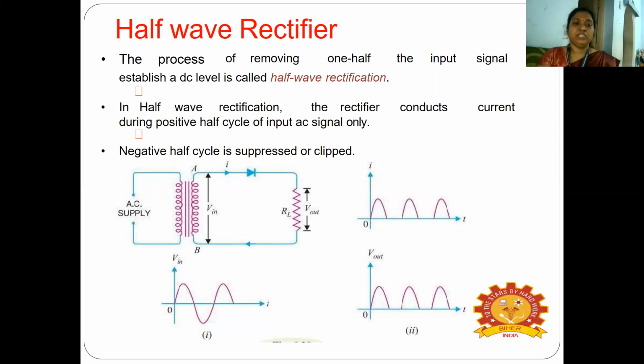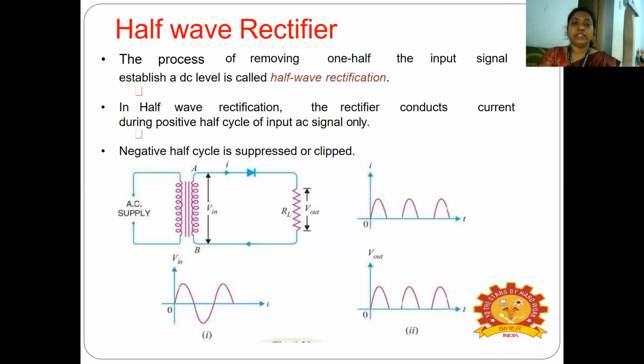So you see the first circuit diagram here. You can see the AC supply, whatever we followed in the previous block diagram; the same thing we repeat, but we are taking in particular only the rectification. We are not going to take care of your filters, regulator, and load, everything. We are going to see only the rectifier. So the AC supply is given: 120 volts at 60 hertz frequency, and that is given to the transformer. You use a transformer there, which has a primary winding and a secondary winding, and you use only one diode.